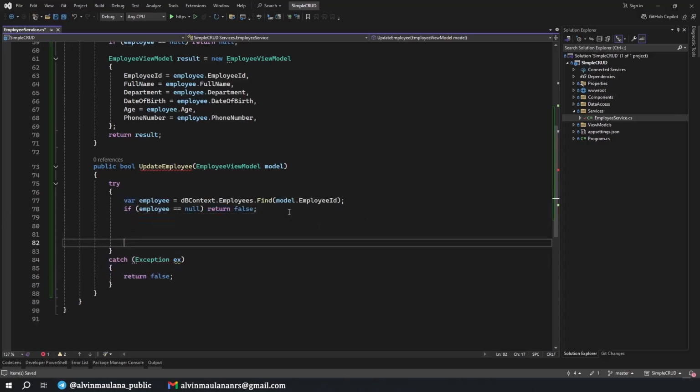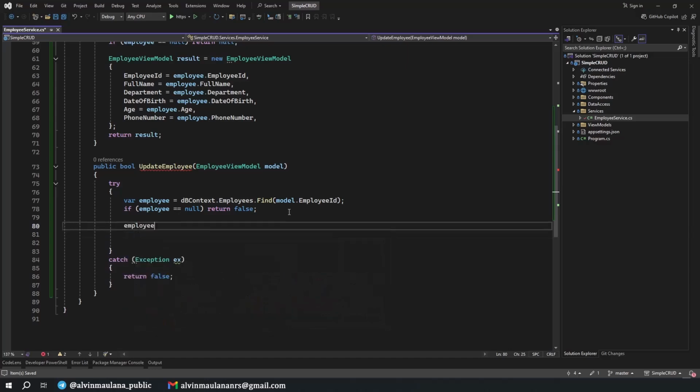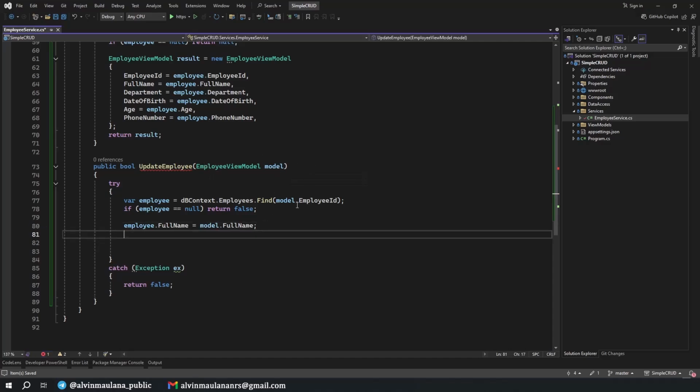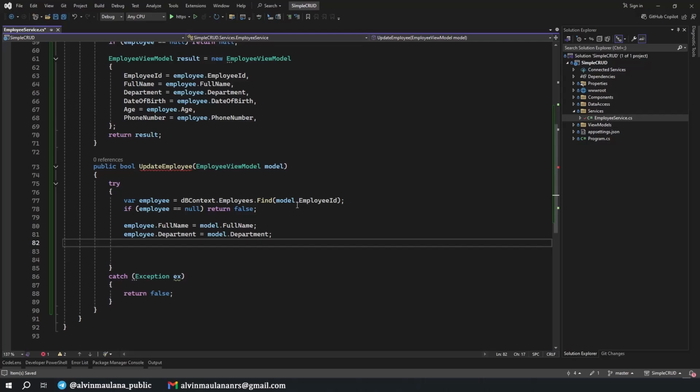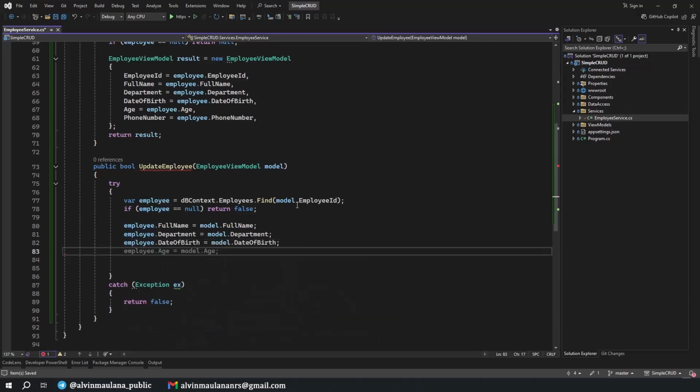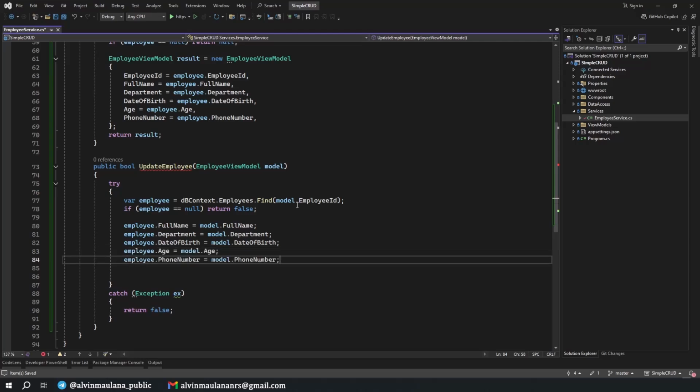And then we can modify it like this: employee full name comes from model full name, which we pass from our parameter. Same for date of birth, employee date of birth. Nice, it autocompletes.